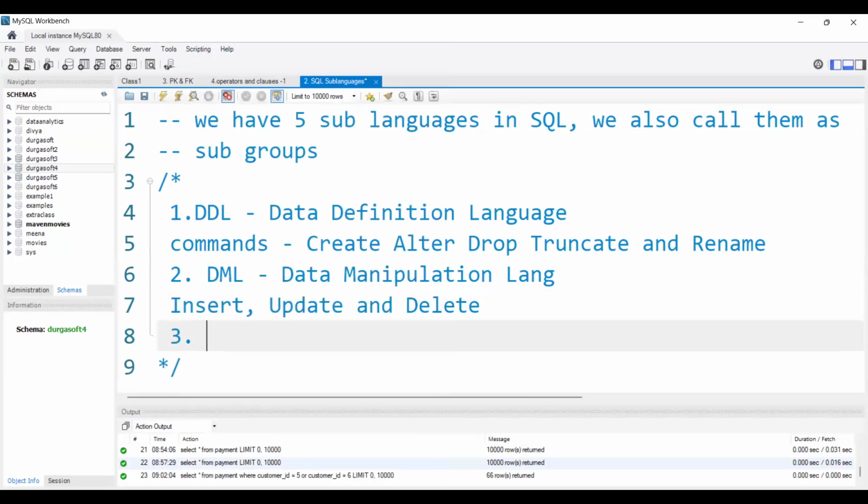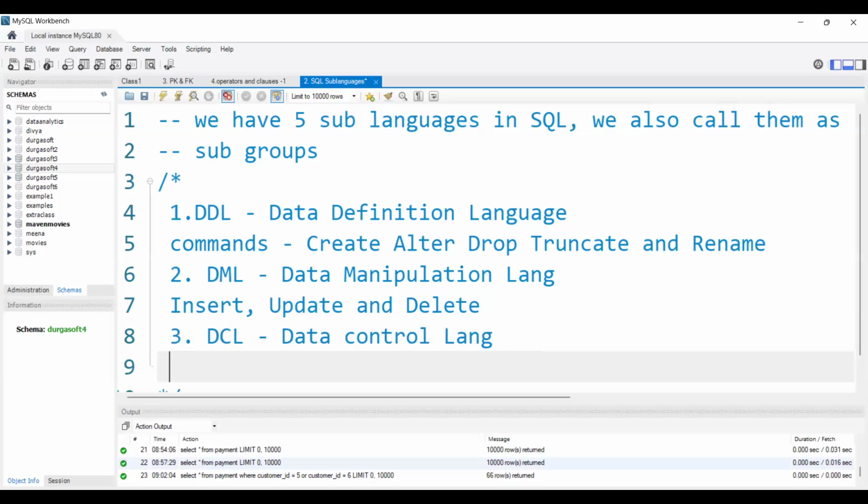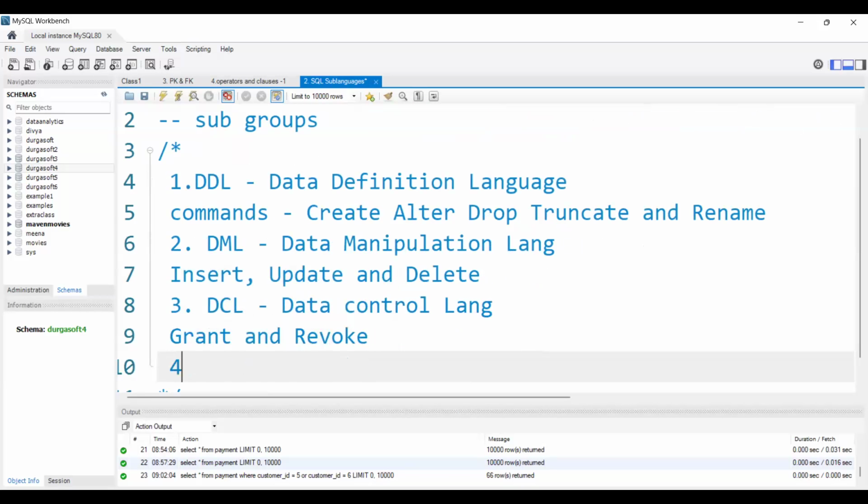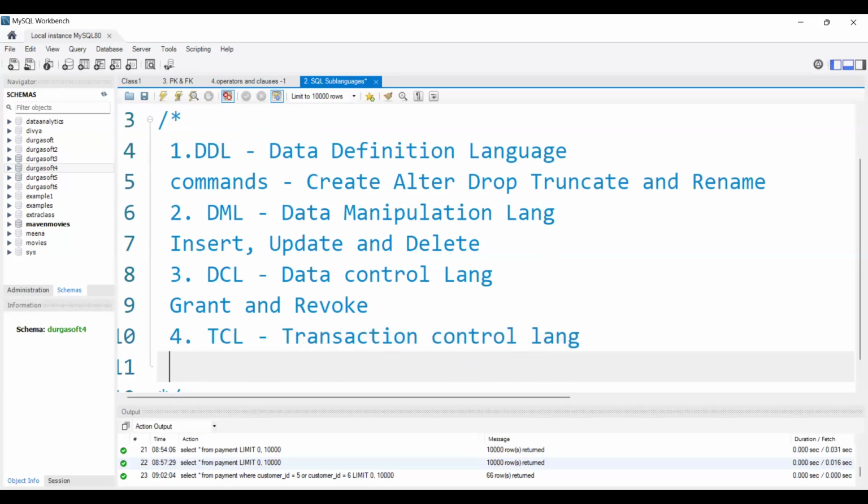Next we have DCL, data control language. And the commands that come under DCL are grant and revoke. Next we have TCL, that is transaction control language.